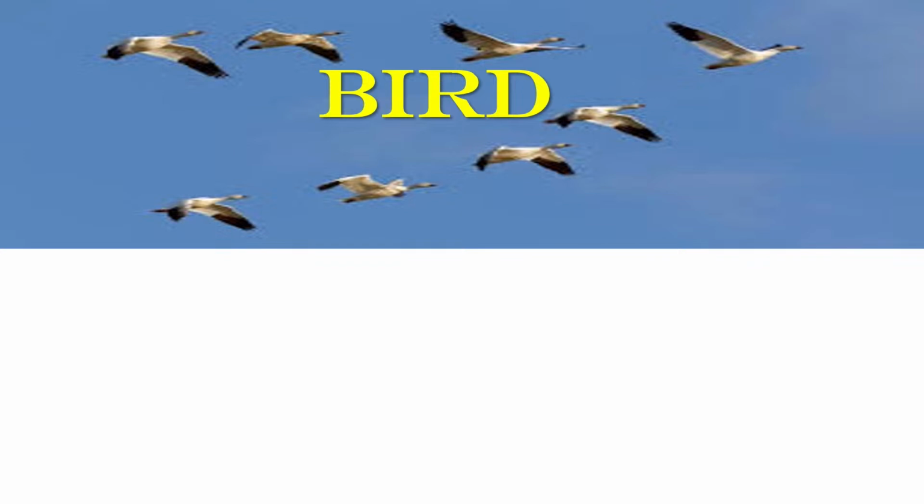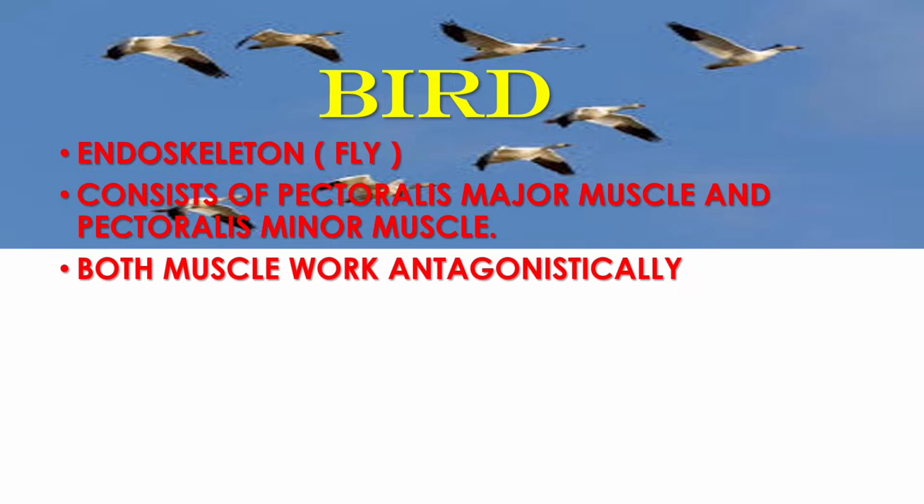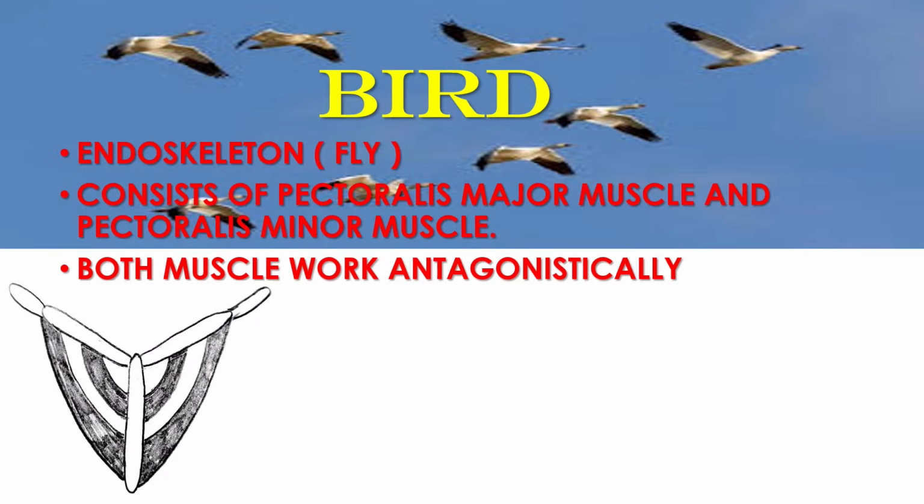Now let me see the bird. The bird is also under endoskeleton, and they are able to fly. To make the bird fly, they also need a pair of muscles, and these muscles consist of the pectoralis major muscle and the pectoralis minor muscle. So both muscles also have to work antagonistically. If you look here, this is the sternum of the bird,